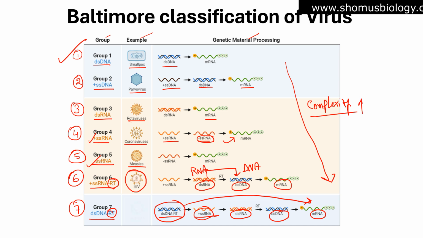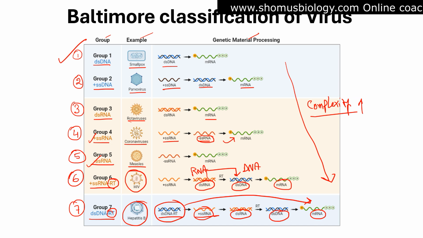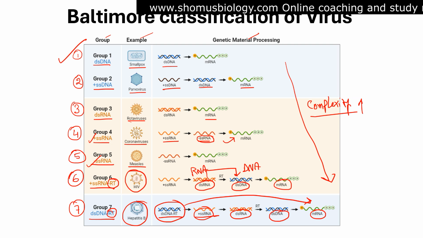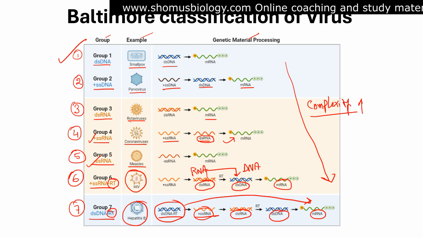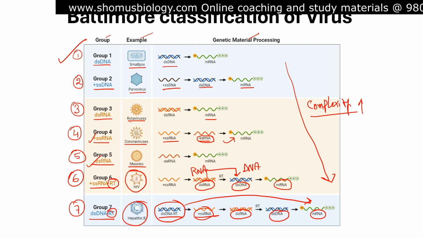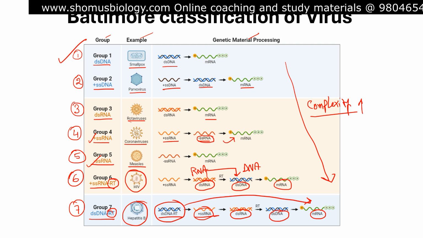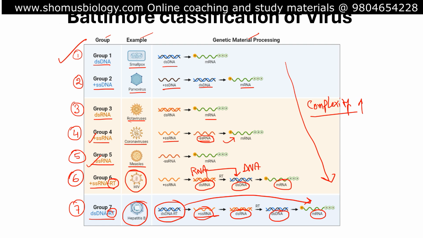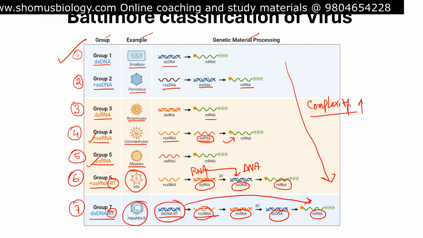The example of group 7 is hepatitis B virus, which is a double-stranded DNA virus, but it has multiple steps for genetic material processing, and it has reverse transcriptase along with the double-stranded DNA. Hepatitis B virus. So these are all the 7 classes of virus, 7 groups of virus as per Robert Baltimore,